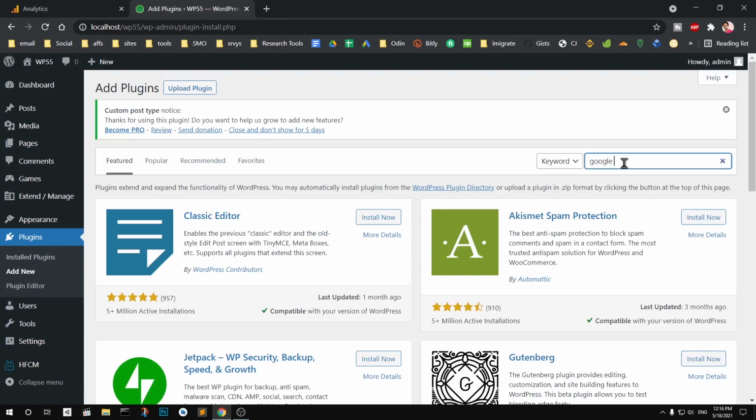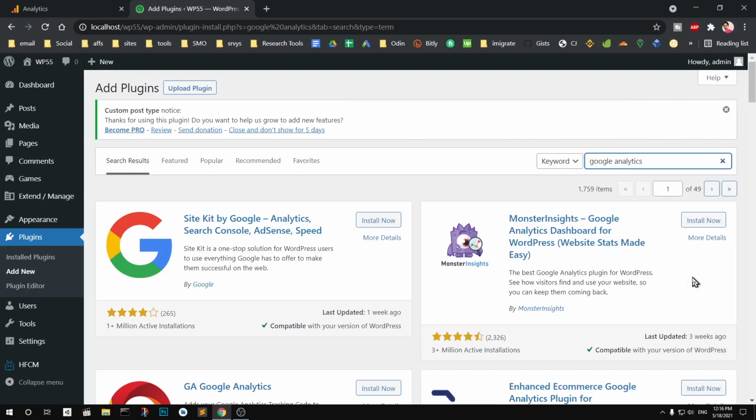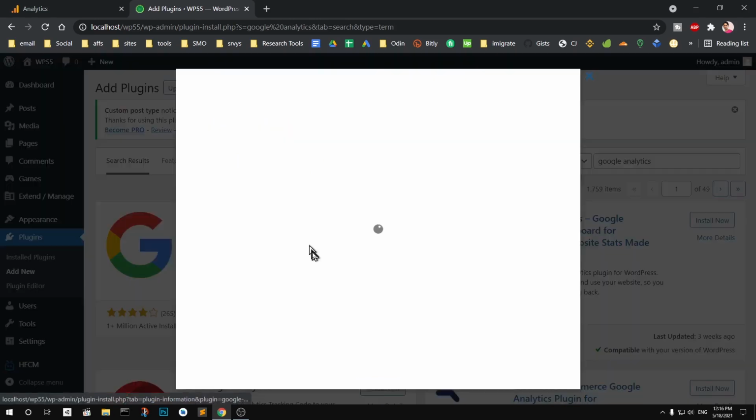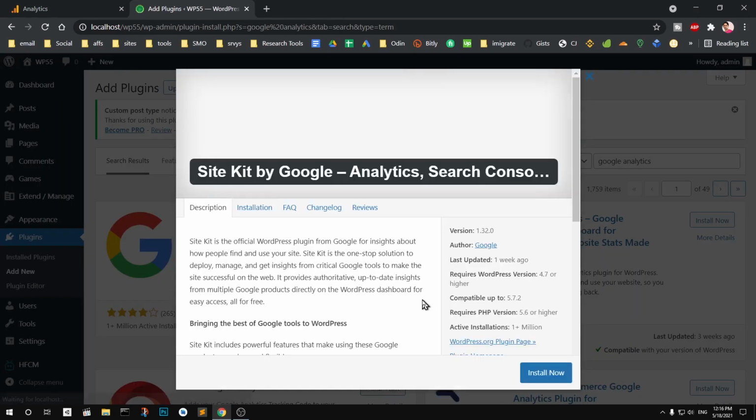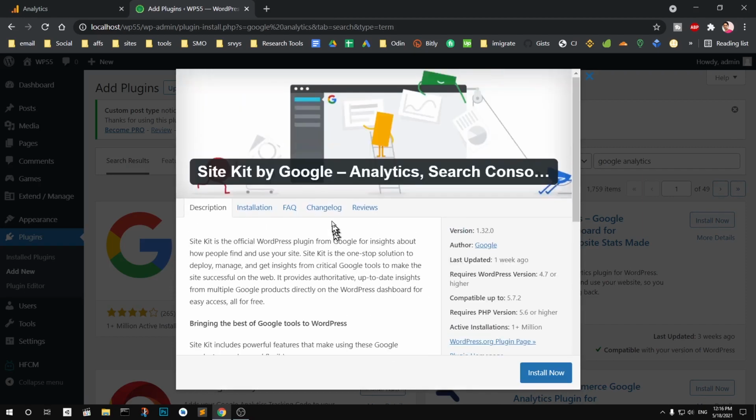However, Google has released a plugin that does everything for you, but people don't like it. Yeah, Site Kit by Google. You see it's installed by 1 million people. So what you can do, you can put everything in here, but if it is going to slow down your site,